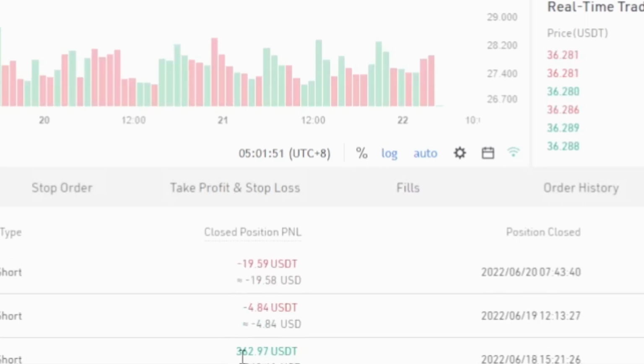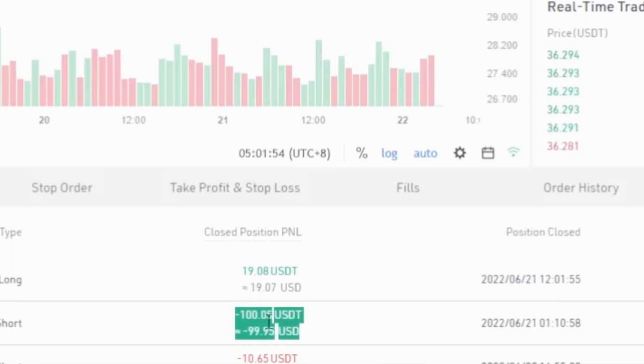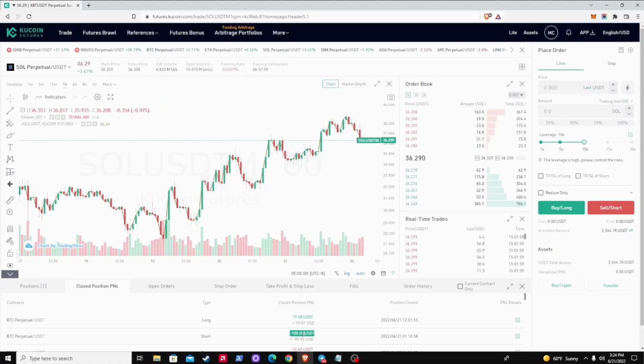But anyway, like I said, $300 here. Most recently, I lost $100. So, I'm in profit overall for the past several days, but clearly there is risk involved. And even myself, $100 lost right there, which I have no problem showing you, because otherwise, why would you watch a video from a trader who didn't show you that, hey, things don't always go well when you're leverage trading? Hence why the big old intro.